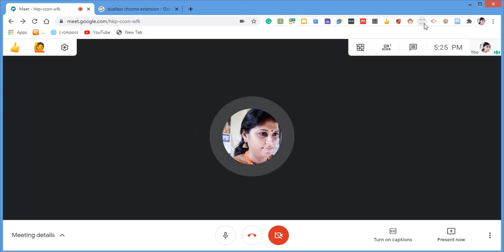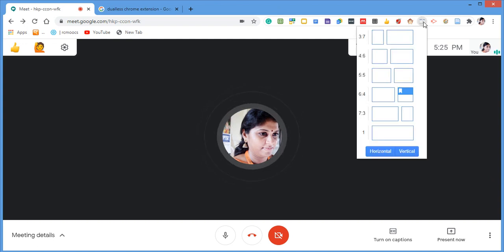For example, I have already added this extension. It is shown as a bookmark. Once you add this extension, you also can see this bookmark. Now if I click this during my meeting, I can go to some other page. This split page is useful when you are presenting, because people cannot see the other page. For that reason, this split page can help us.